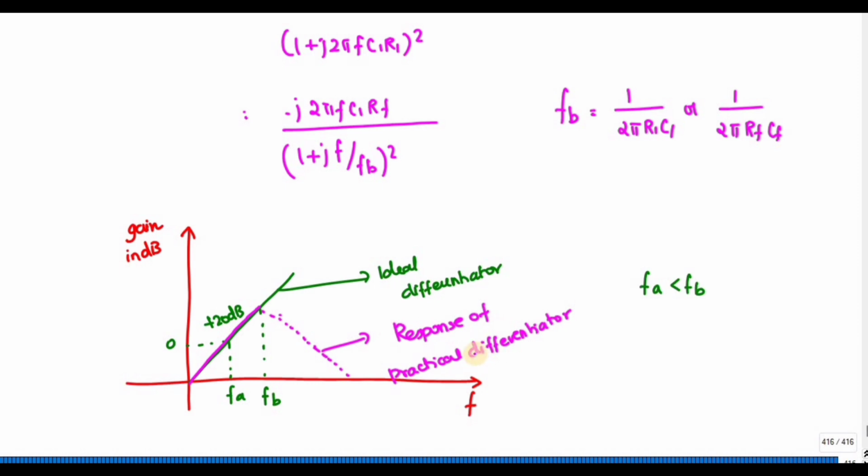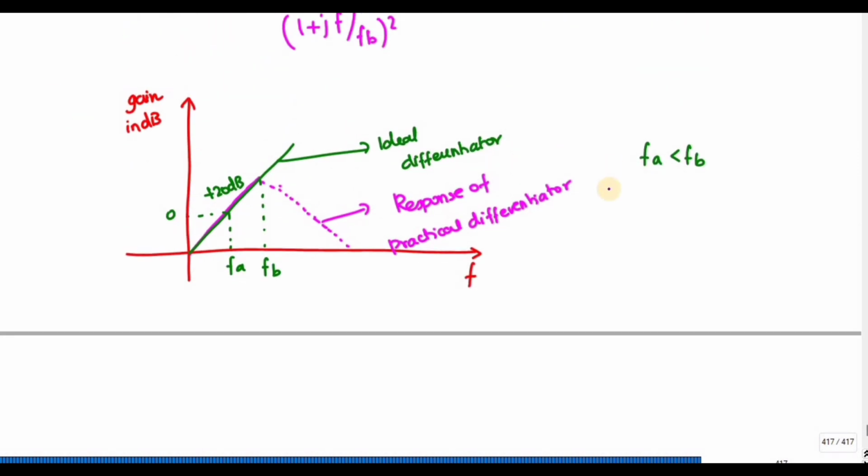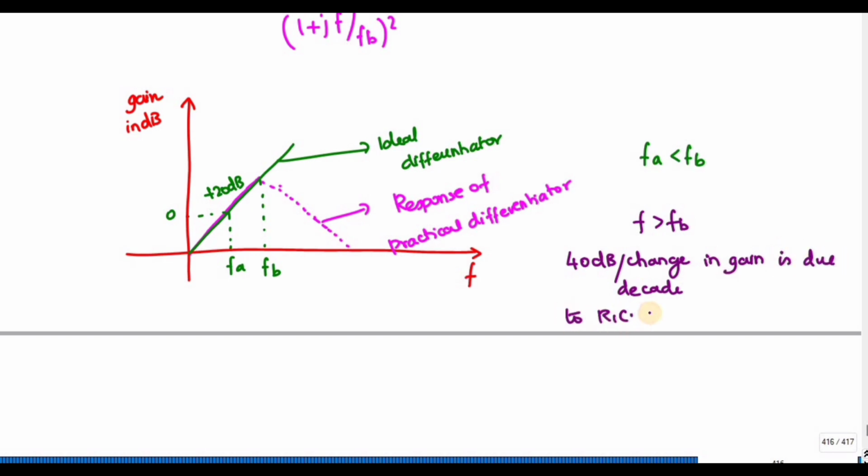Okay, so this 40 dB change, this 40 dB change is for F which is greater than the FP. Okay, this 40 dB change per decade in gain is due to R1C1 and RFCF. Okay,